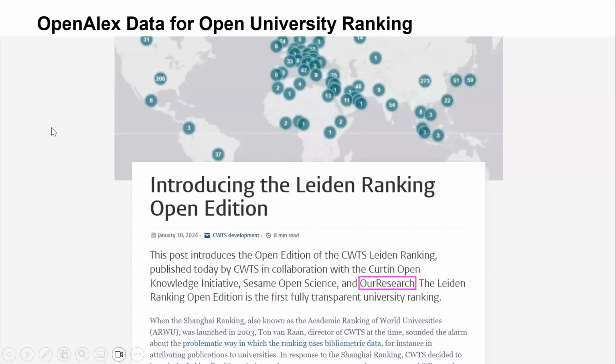And then I want to highlight something else. University rankings are a thing, and up to this date, they mostly were performed with data from Web of Science, and maybe also some of Scopus, SciVal. And actually, this year was the first open ranking with open data, and they tried to make this more transparent and more reproducible. So OpenAlex aims to make the data traceable,